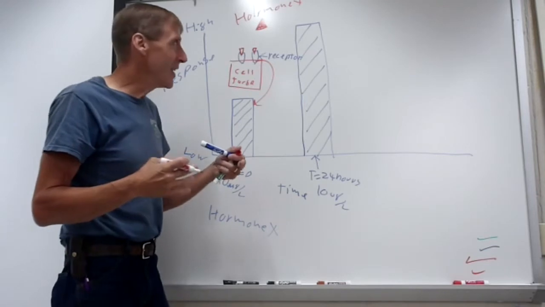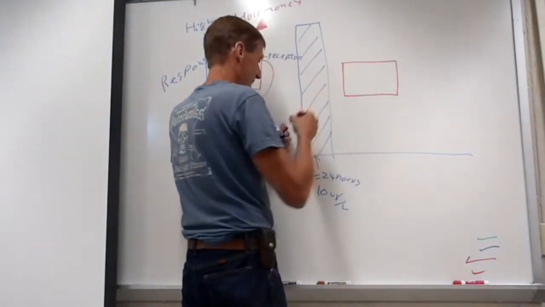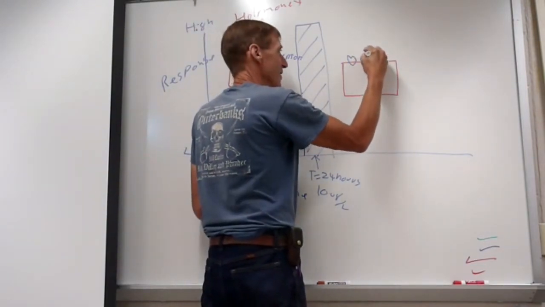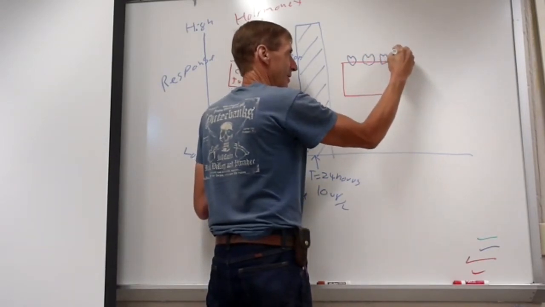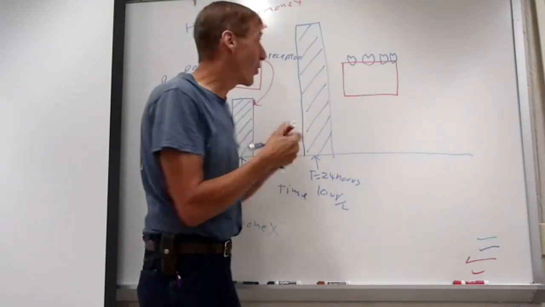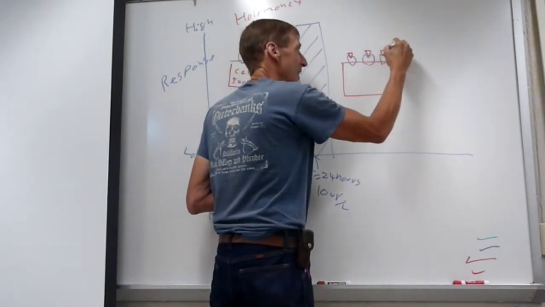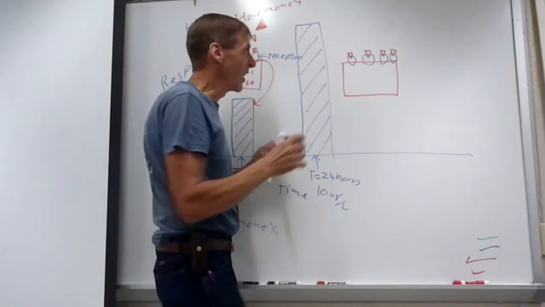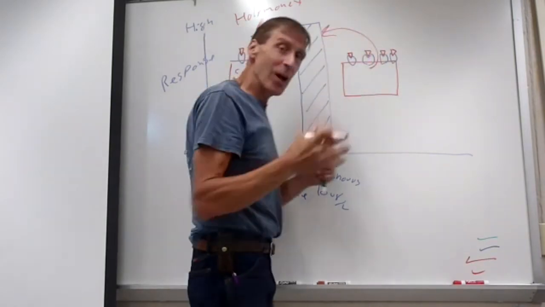Now, 24 hours later, if we look at the same target cell, let's say it looks something like this. Those are supposed to be receptors, by the way. They're not little hearts or anything, but those years of art school didn't pay off. So these are the receptors. Again, the same dose of hormone is released, but now because you have more receptors, whereas over here all the receptors were full, so there's some hormone just sitting there, can't do anything. Now you have more receptors, so the response is greater.